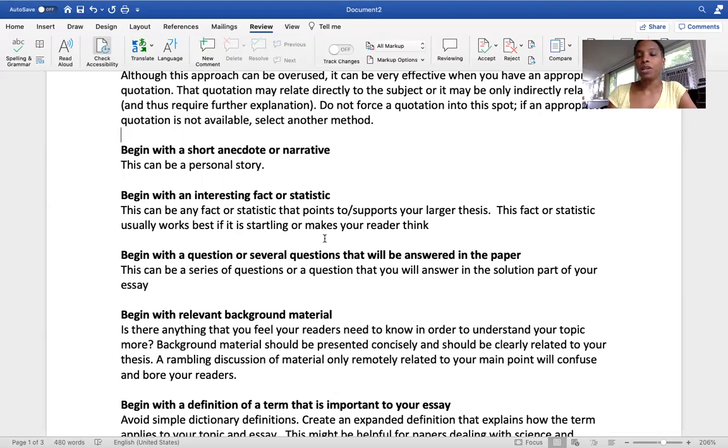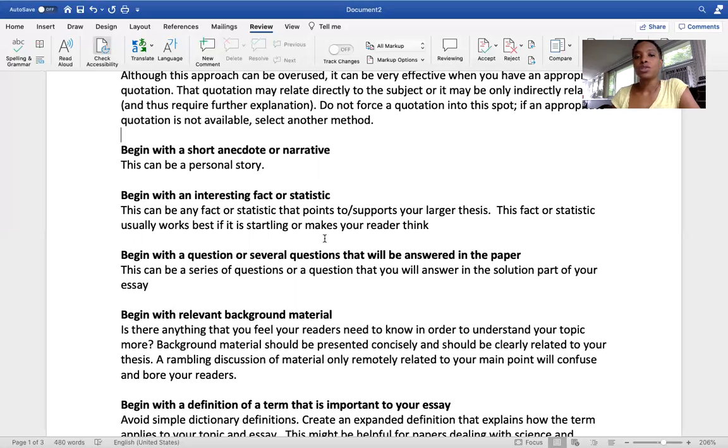You can also begin with an interesting fact or statistic. For this final paper, you must have 2 articles from opposing viewpoints. That is a requirement of this assignment. You're going to summarize those next week in the second part of the paper, which is your body paragraphs. But once you get those 2 articles out of the way, you can look up other things, you can Google. So say you want to find a fact or statistic that you feel speaks to your overall topic and you want to use it in your introduction, you can.